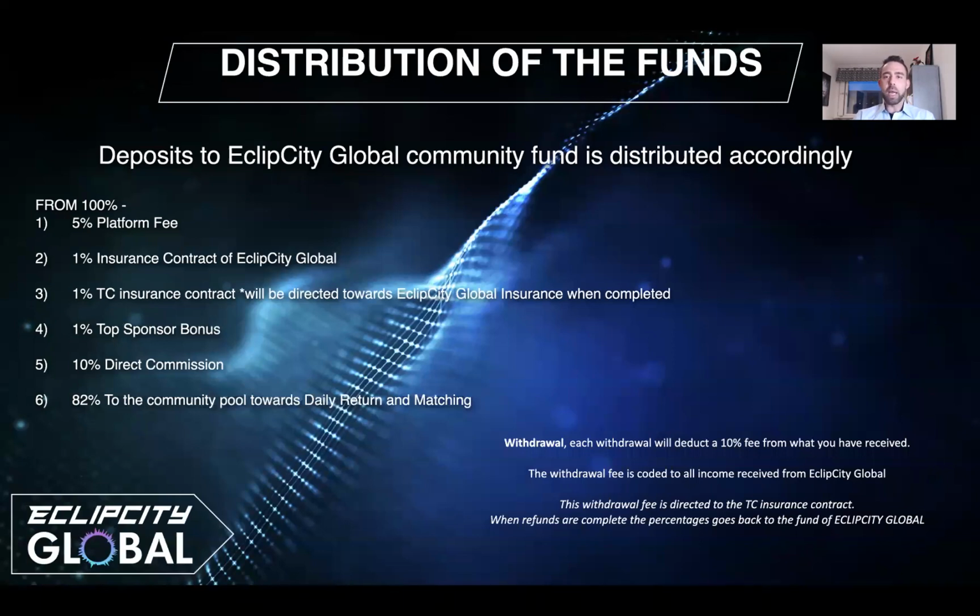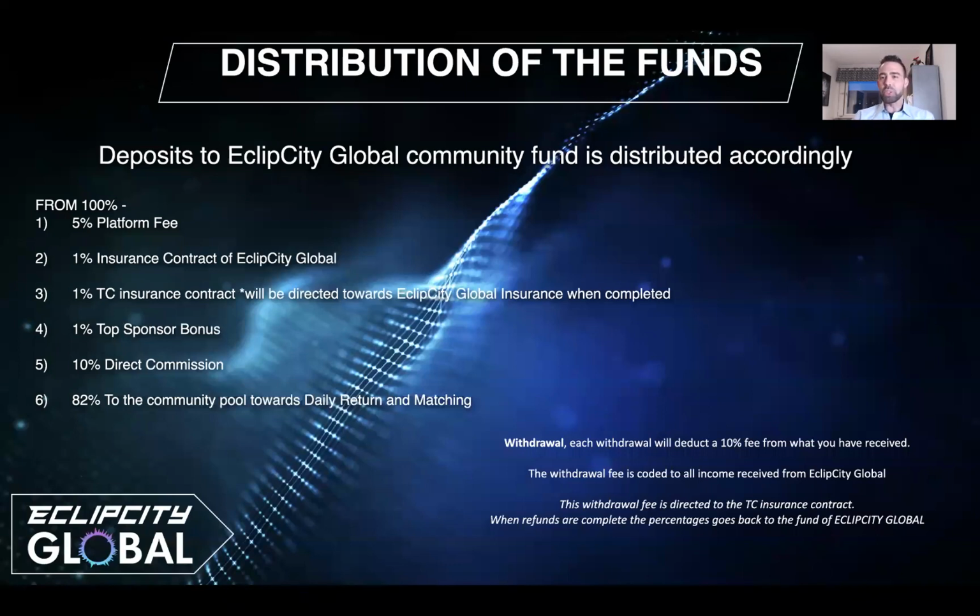Every single time a deposit is made to EclipCity Global, 1% is added to the insurance contract of Tron chain. The members of Tron chain who have not yet received 100% can claim from their Tron chain back office when the funds are available in the insurance contract. It will not be right away, but I can assure you that it will be as we move forward. Now, 1% also goes to the top sponsor bonus. 10% is instantly received as a direct commission, while a total of 82% of your deposit goes to the community